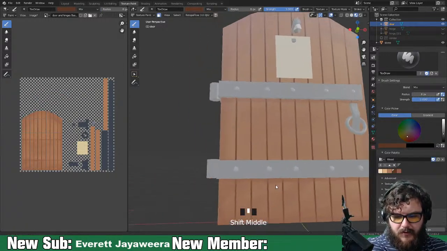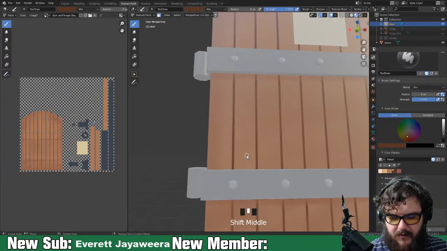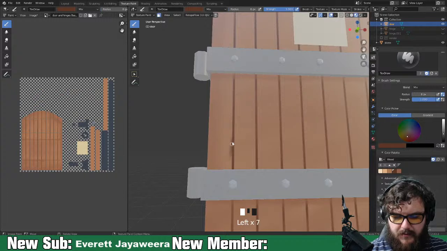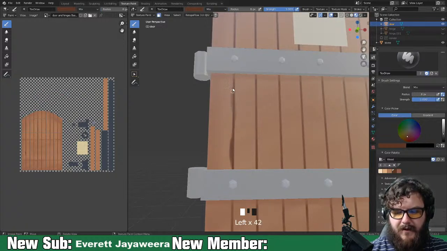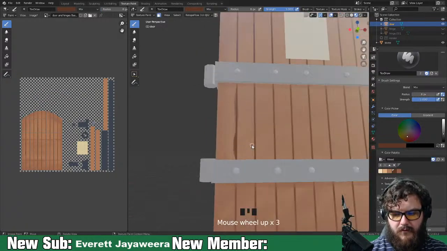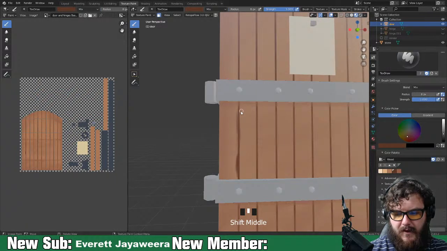All right, so to get in here and clean up some of those lines, we're going to increase the roughness of those edges by blending out, just lightly going over some of that. We'll have to come back and